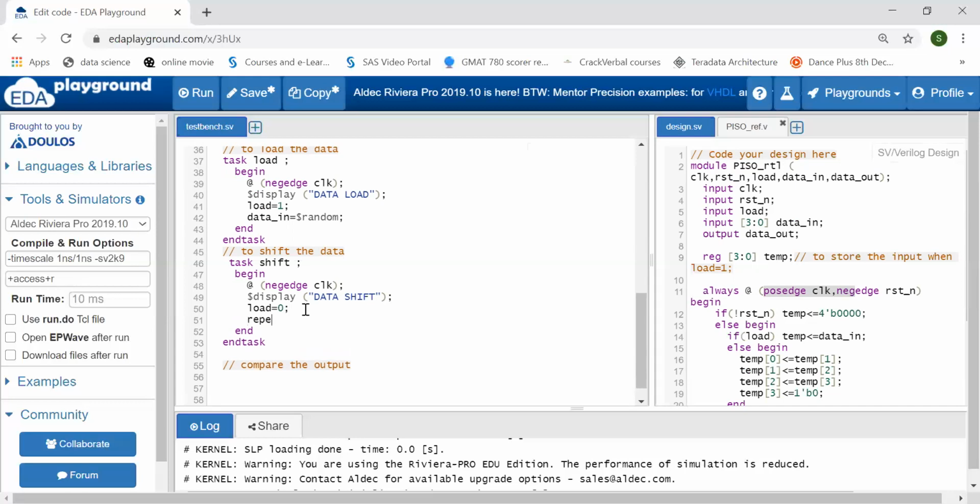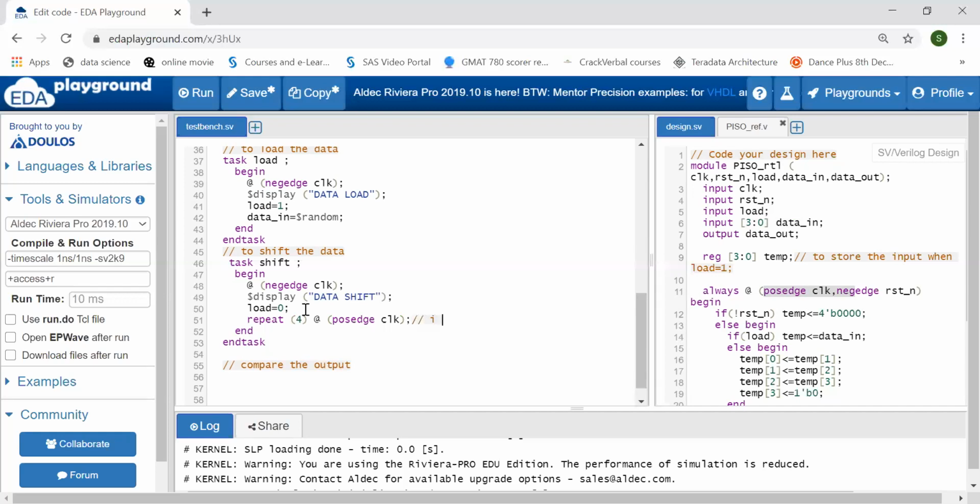So I can simply write repeat (4) @(posedge clock). Why am I writing this?